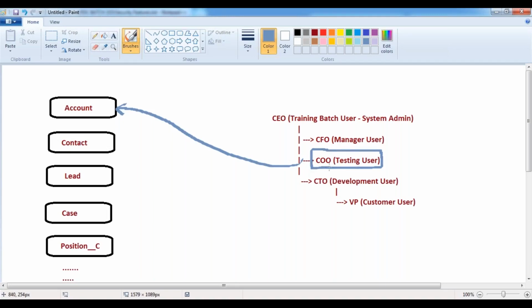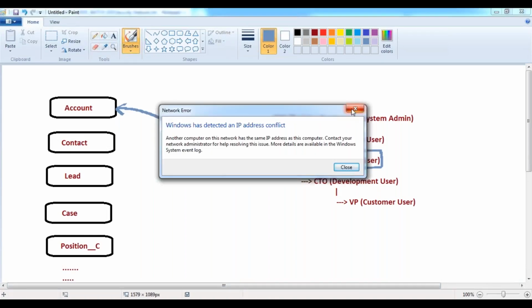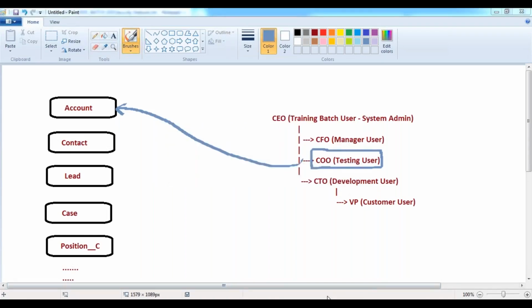That means up to what level the record can be visible. We can decide that with the help of OWD. OWD decides which record should be visible to whom. So whenever the user creates a record inside the object, to whom that record should be visible can be decided by the OWD.